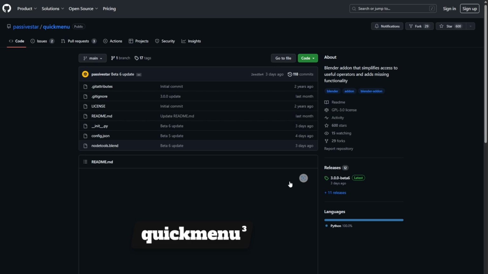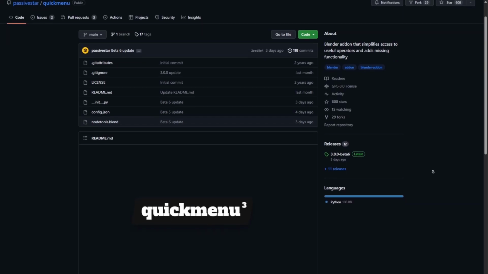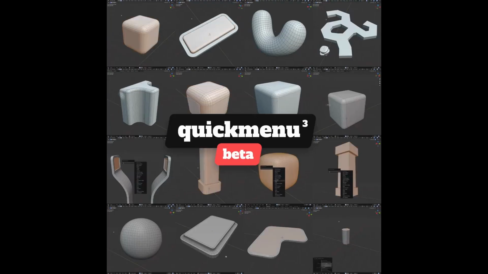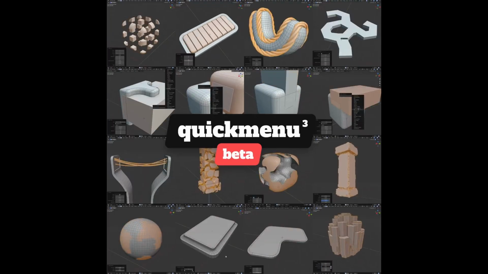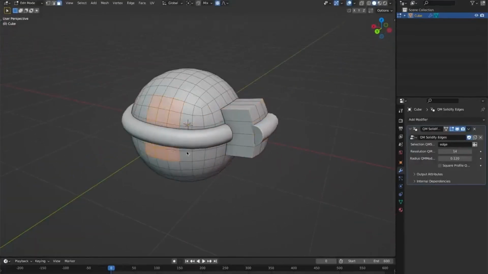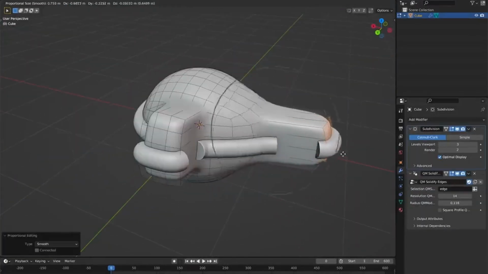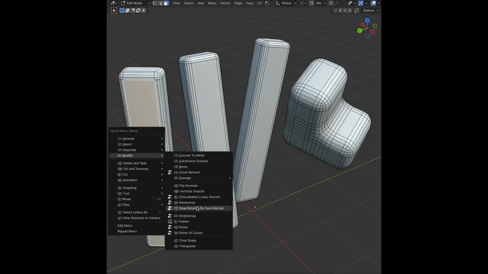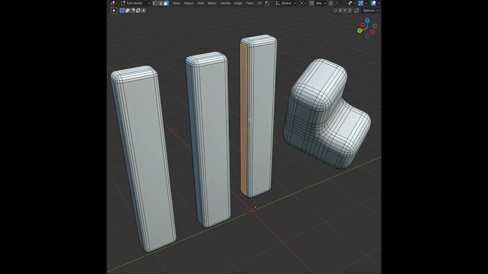So some time ago we talked about Passive Star, and we mentioned a set of tools that he has been building which is called Quick Menu. Quick Menu 3 is now available, and this is currently in beta 6, and the idea behind this tool is to allow Blender artists to create faster when working within the edit mode. The Quick Menu is a minimalistic productivity add-on, and the creator, Passive Star, continually releases tons of features for this